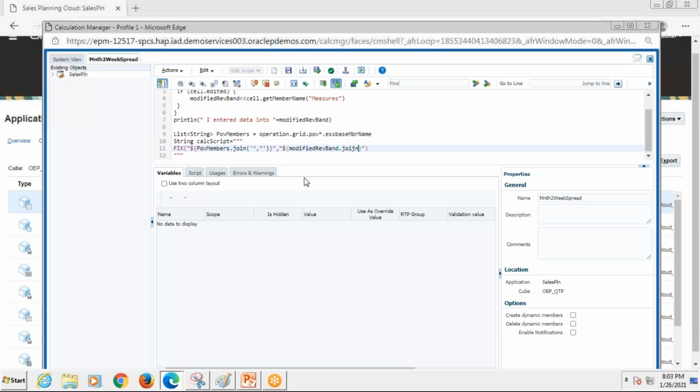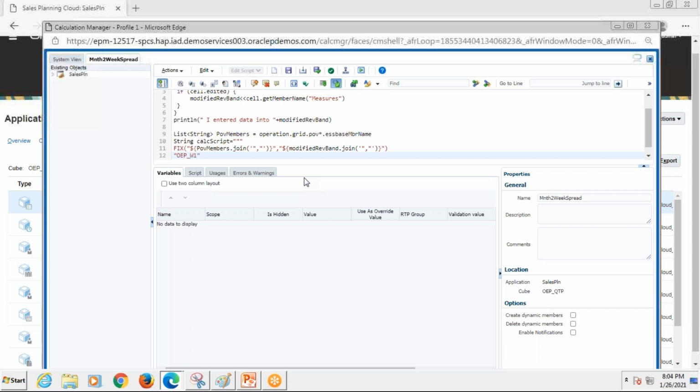We just need to use the join operator for this again, and in the similar fashion as we did earlier, single quote, double quote, and comma. Once we have this much, we are fine. We are done with our fixing part, and now we can proceed and write our standard formulas.